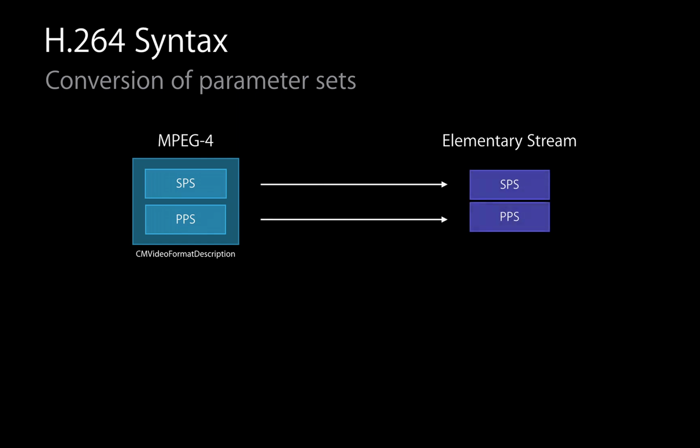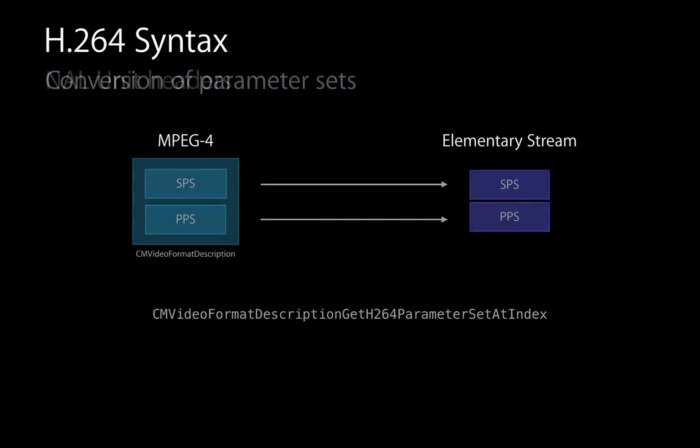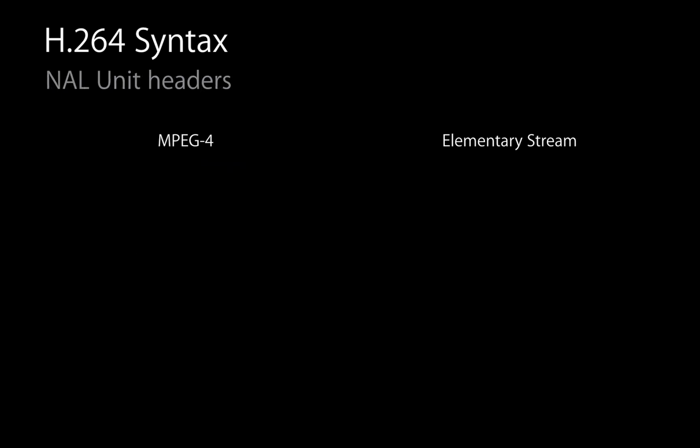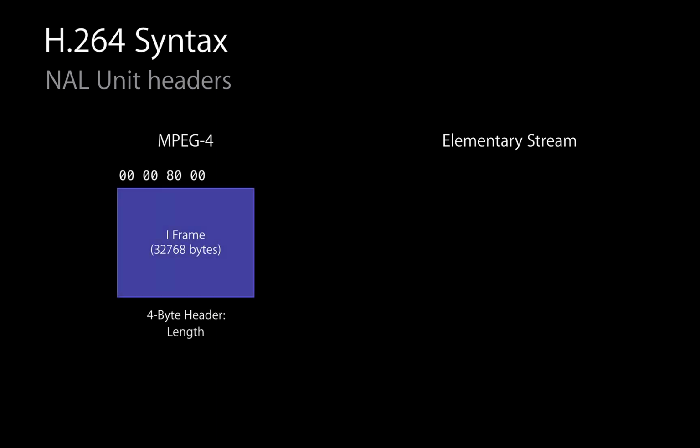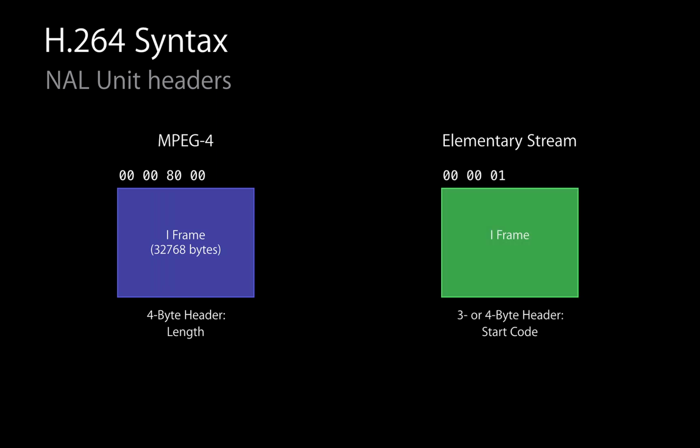Well, we provide a handy utility for that too: CM video format description, get H.264 parameter set at index. All right, and the next thing that you need to do is the opposite of what we did with the AV sample buffer display layer. Our NAL units are all going to have length headers, and you're going to need to convert those length headers into start codes. So as you extract each NAL unit from the compressed data inside the CM sample buffer, convert those headers on